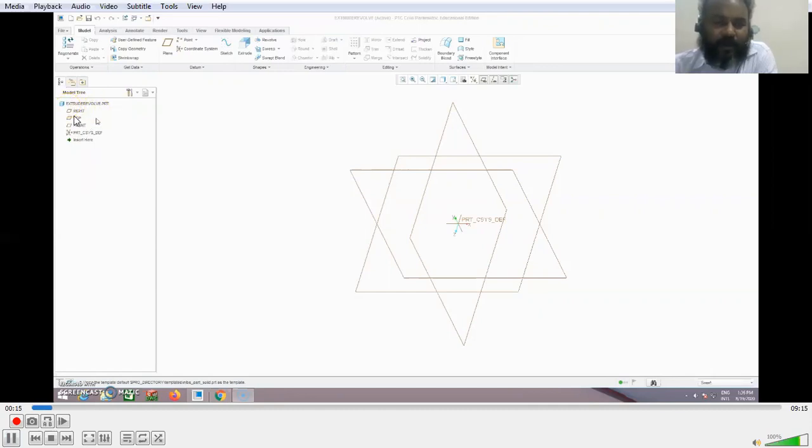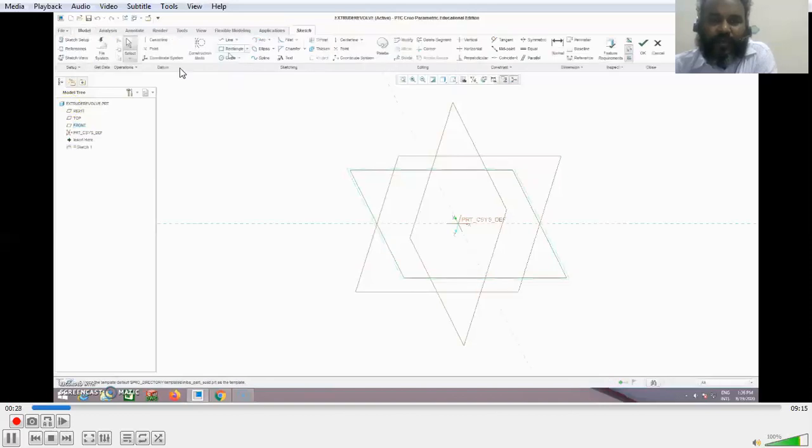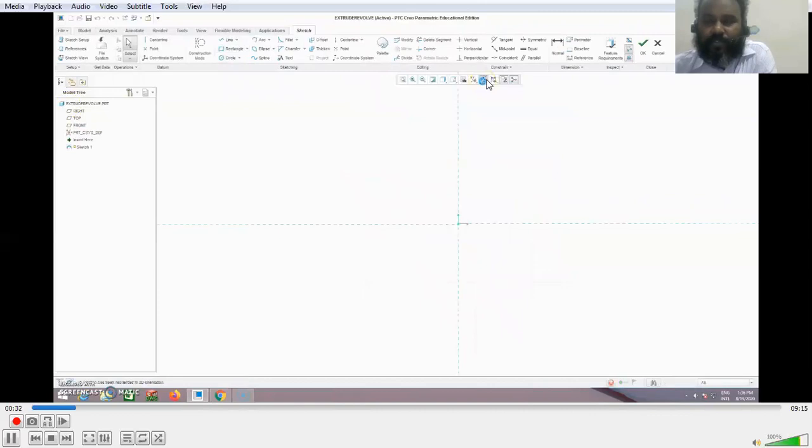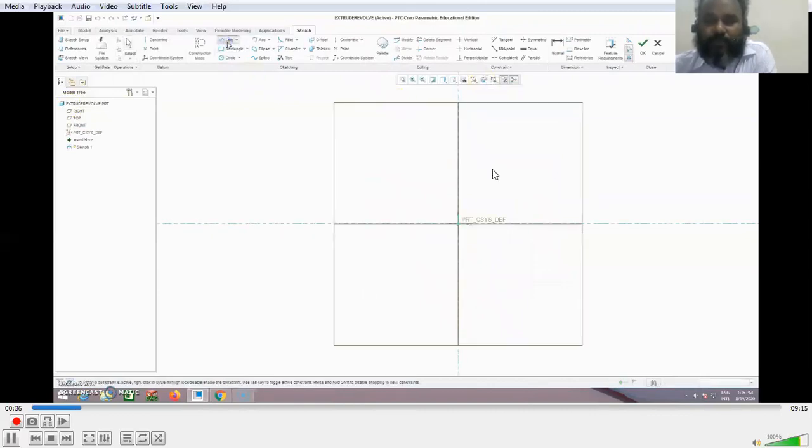So other planes are there. You can either pick the planes here or here. Come and pick a plane for us to create the sketch. So once the plane is chosen, we just move to the sketch umbrella. So once the sketch is chosen, you can choose the sketch view so that this plane is ready for us